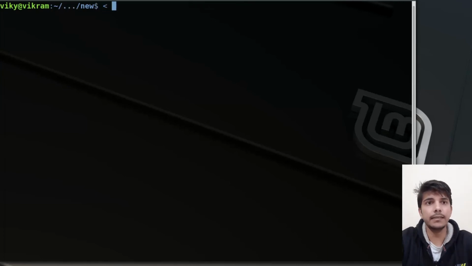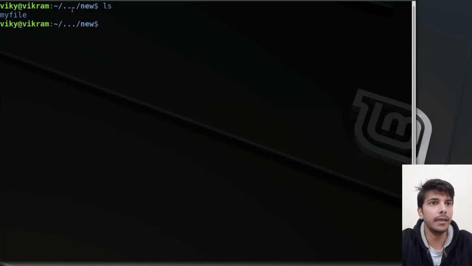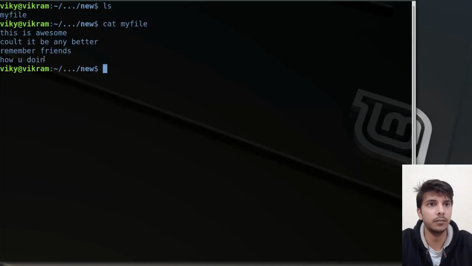Let's say currently I have one file, and if you see the output, these are the contents. So my file is acting as an argument for the cat command. But instead of this, I can write cat, then use standard input, and write my file.